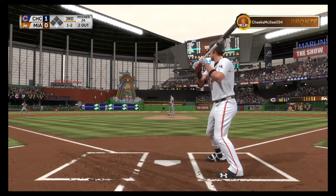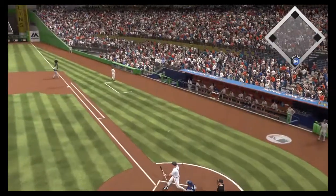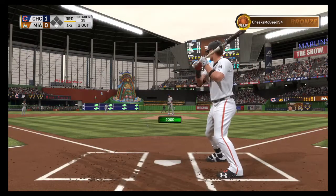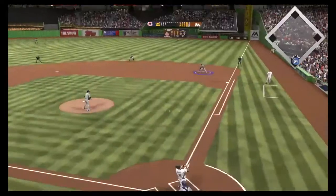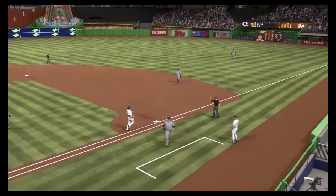He's throwing the same pitch 3 times in a row. He got ahead with it. Now let's see if he puts him away with it. Swing and a little tapper, but that one rolls foul. Oh, he might have got away with one. 2-strike breaking ball that ended up being in the zone. I think he probably wanted that out of the zone, but fortunately, he just fouled it off. On to the bag with it is Rizzo, and the inning is...